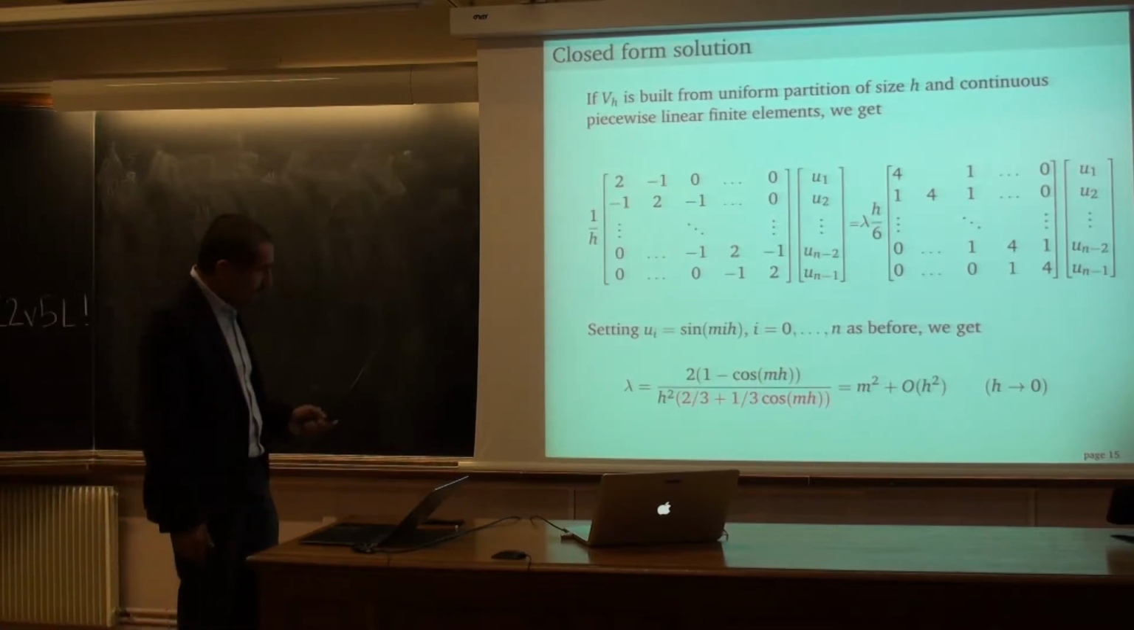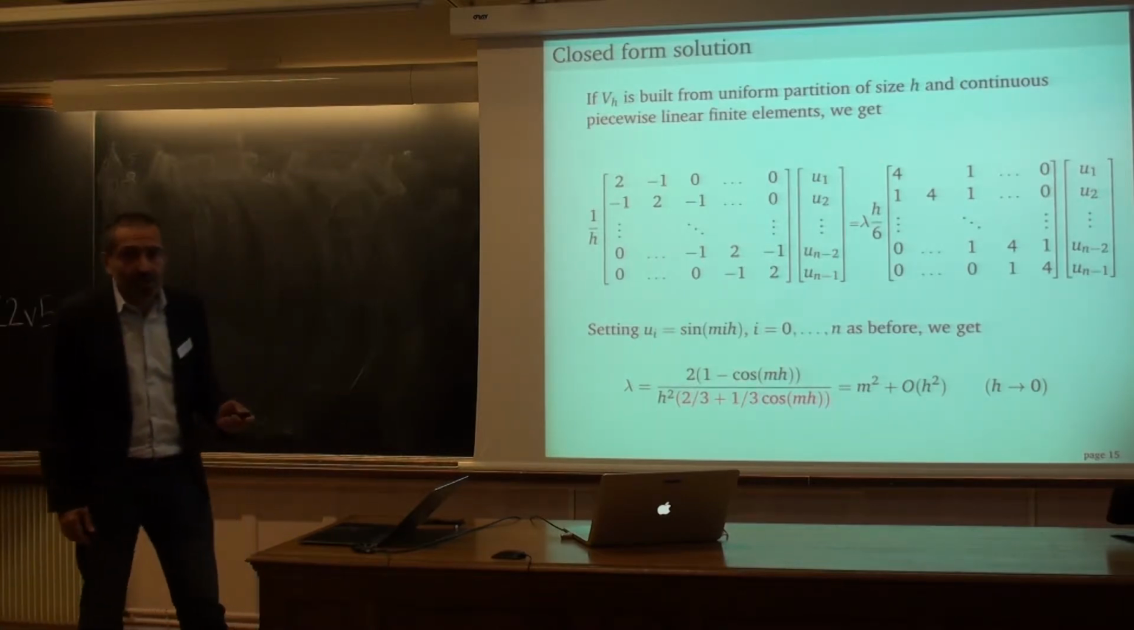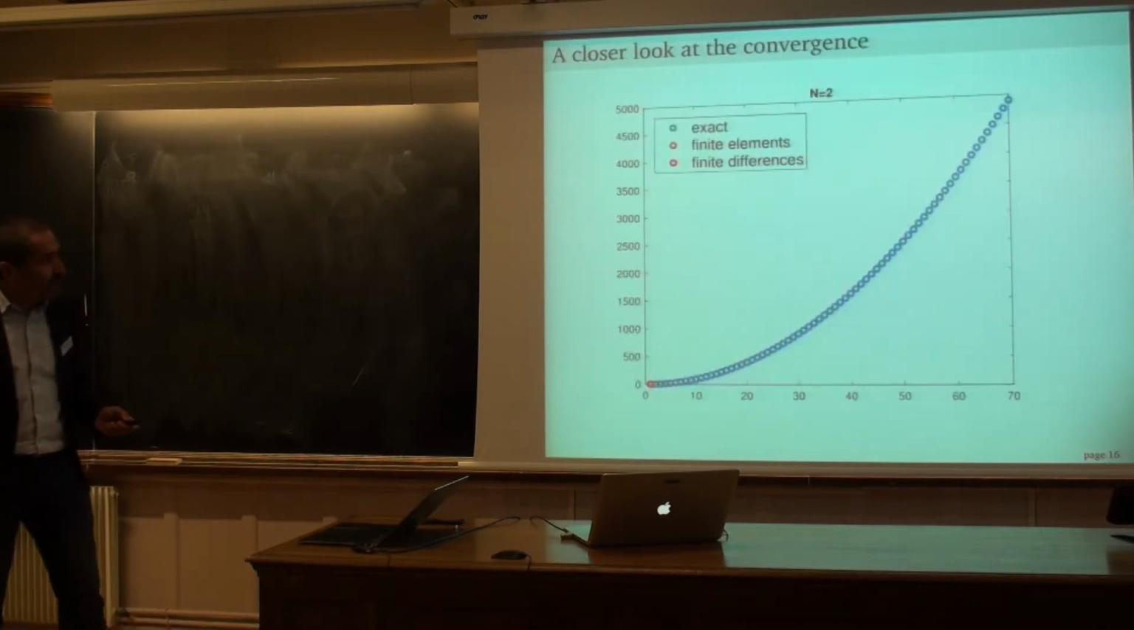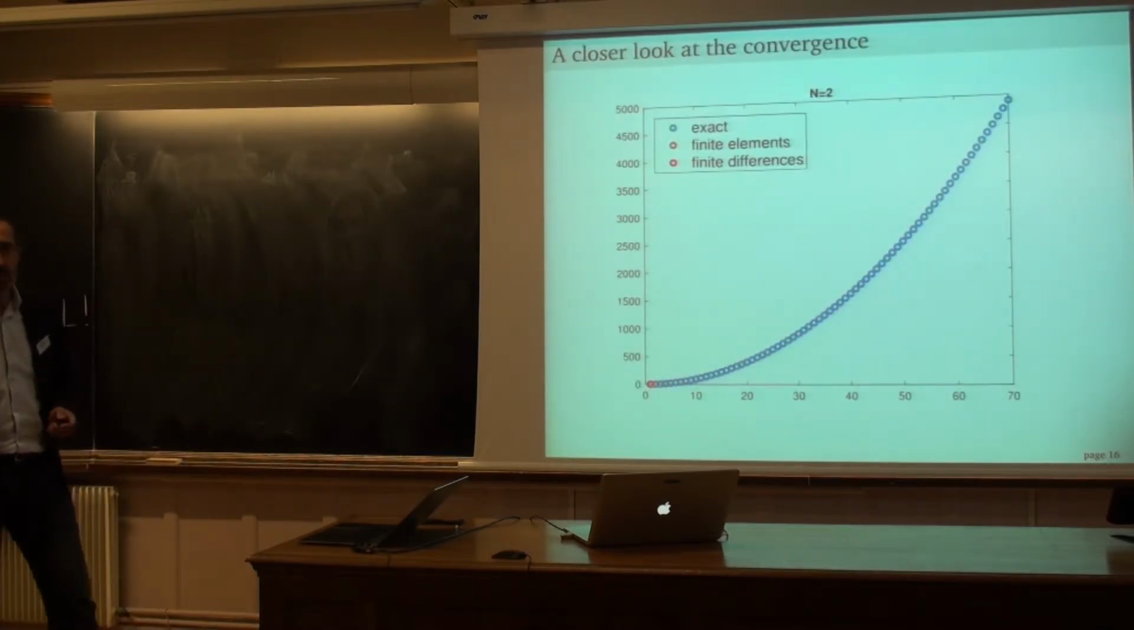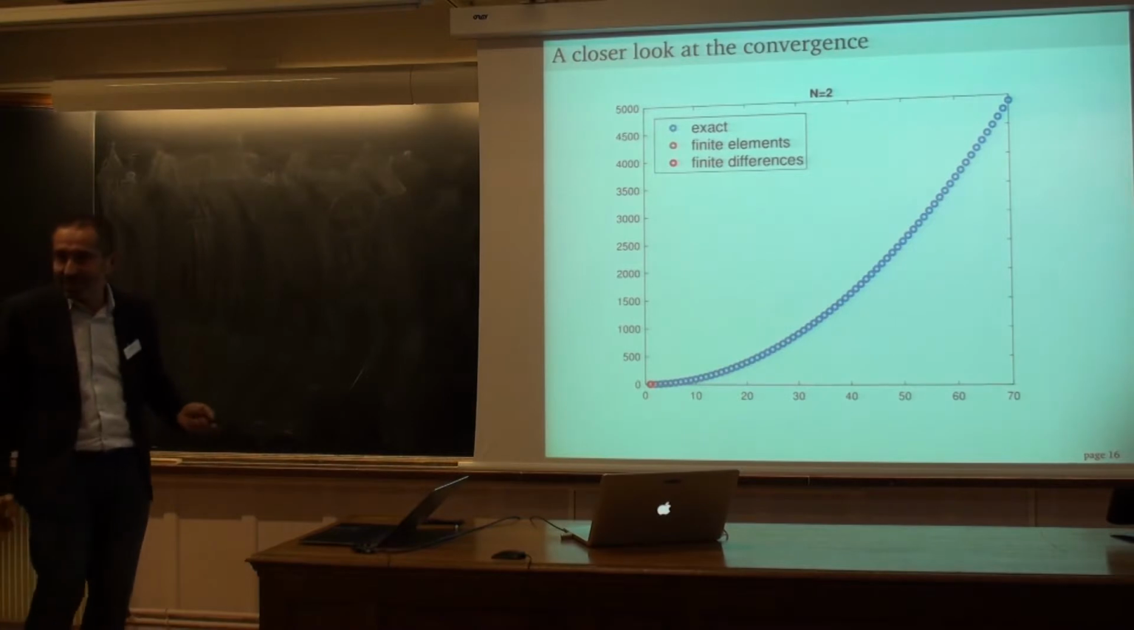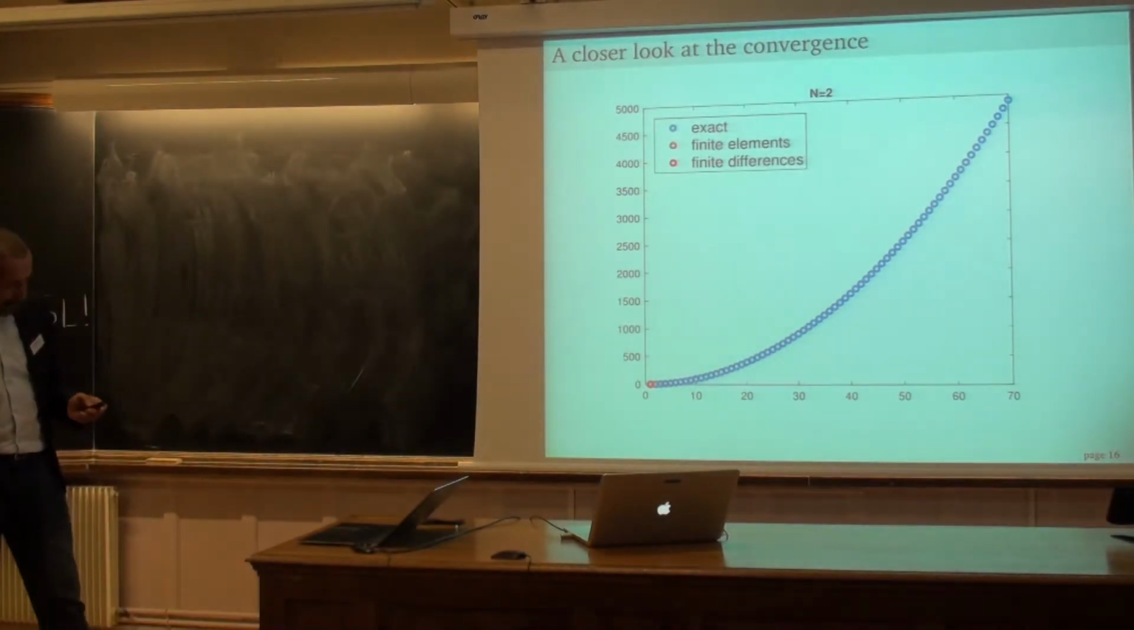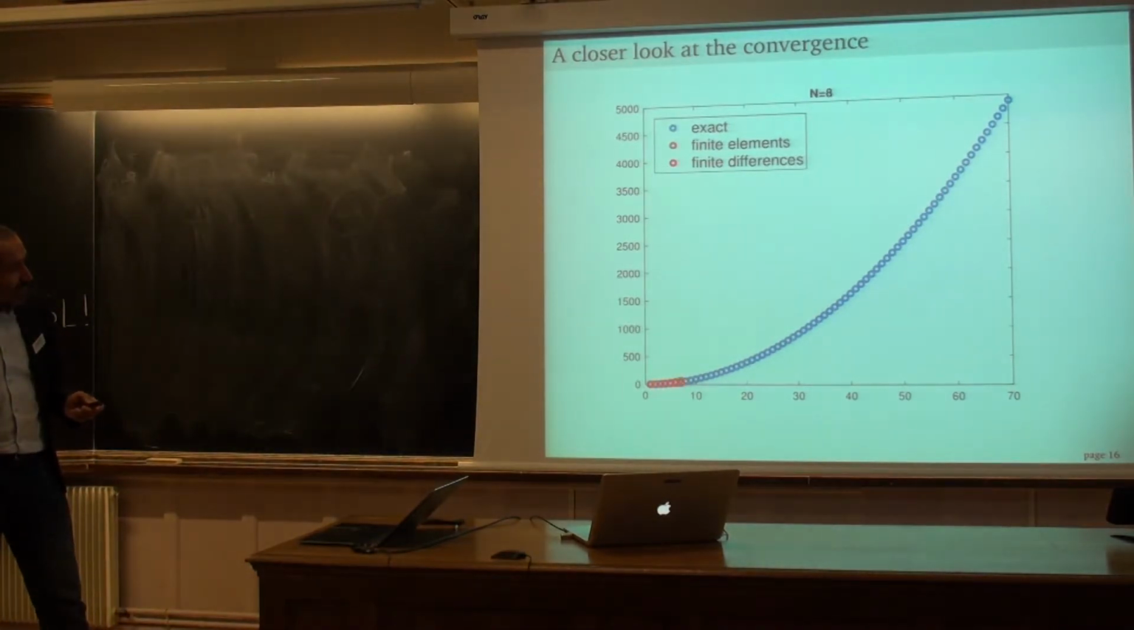Okay? And let's see now what does it mean in terms of numbers. If we now put these numbers in a computer and try to see how is the approximation with finite differences, finite elements. So the blue is the exact solution, is a parabola, m squared. Okay? And for n equal 2, you only have one eigenvalue, which is very easy, very close to 1. Then if you increase